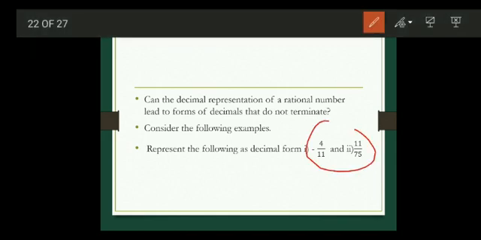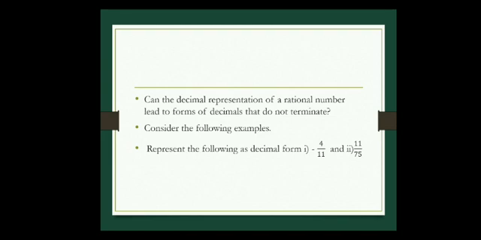So in these two examples, the decimal places are not stopping. Those decimals in which the decimal places are not stopping, or where we are not getting the remainder as 0, are called non-terminating or recurring decimals. When we take a rational number, it can be either terminating or non-terminating. Terminating means when you proceed with the rational number by long division method, if you get remainder as 0, the decimal places will stop. Those decimals are called terminating decimals.